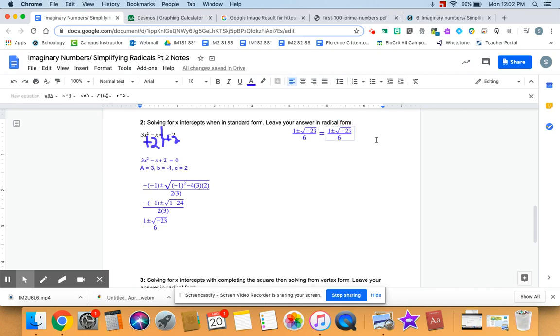Square root of negative 23 is 4.79, and then the i, because it was negative. So I can't combine the 1 with the i's because these are imaginary, and I can't combine the 6 with the i's because they're imaginary. So this would be my answer. It would literally be my two answers. Look something like